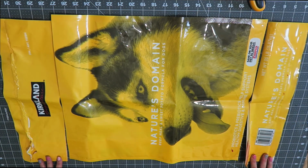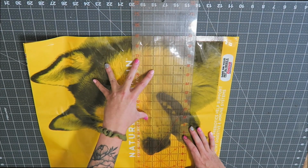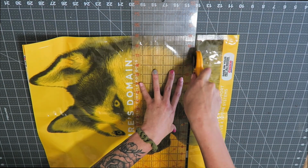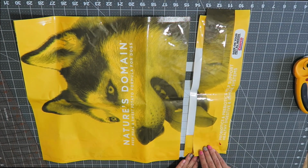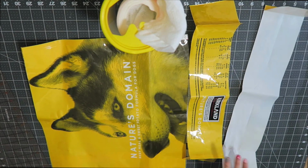Once I have it prepped, I can cut my handle straps. I like to do at least a 4-inch wide strap, but 5 inches is a bit more comfortable because we're going to be folding it in half and folding it in half again. If you want longer straps, you might need to cut 2, but I just ended up cutting mine in half